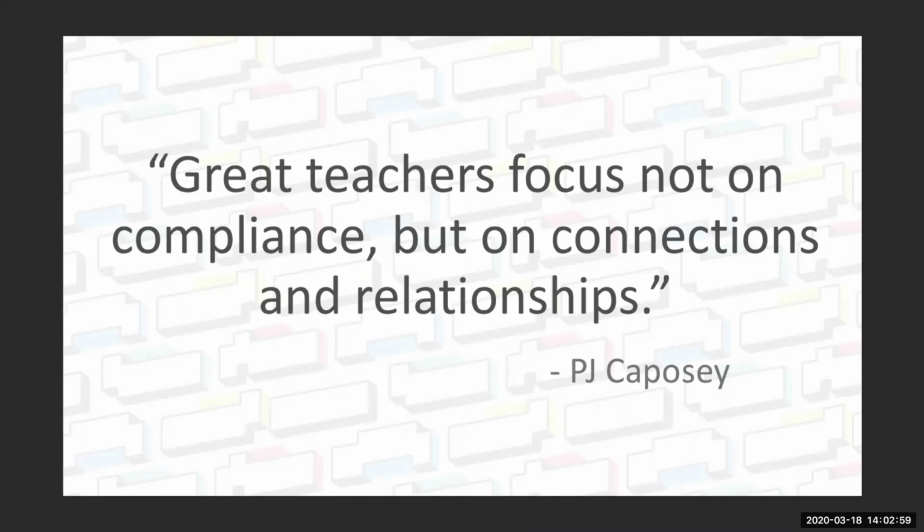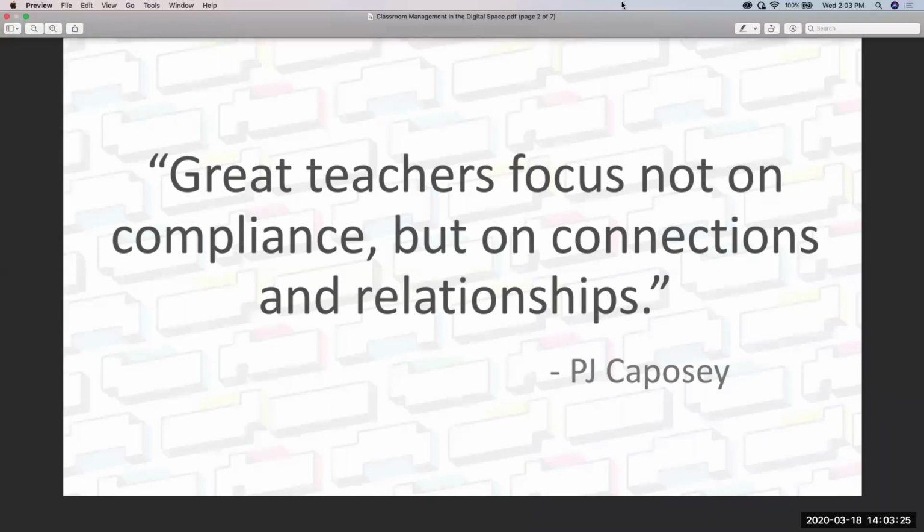That can be on the work that you're watching as they complete. It can be through a chat on Google Classroom. However you are able to communicate with your students, spend some time checking in to see how they're doing, not only on schoolwork, but how is their family doing? Are they able to go out and play? How are they staying busy? Just those kinds of things, checking in with them.